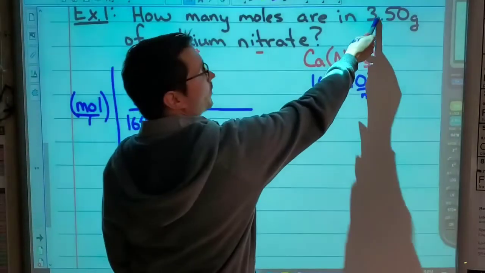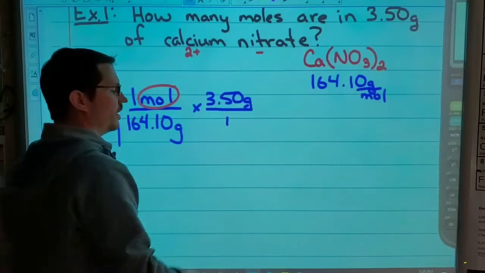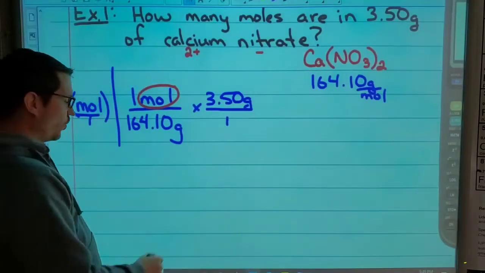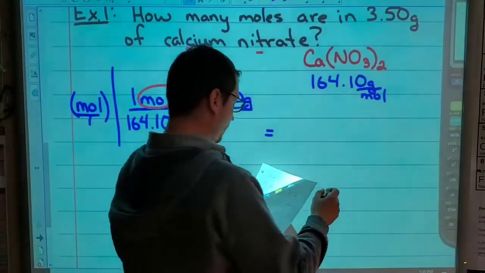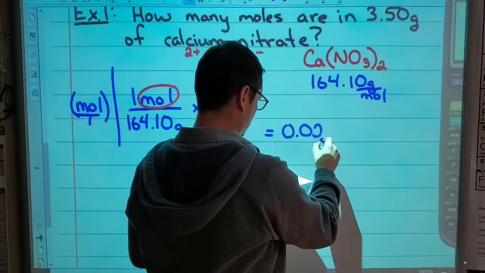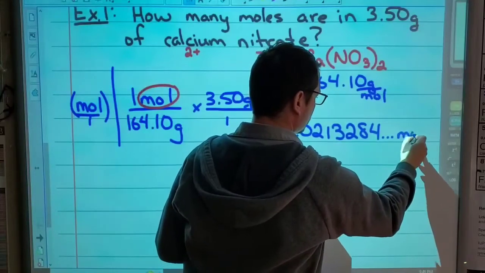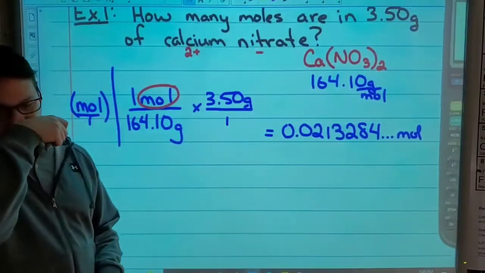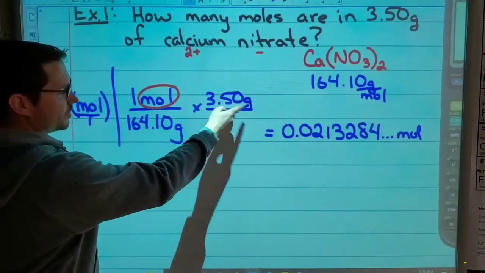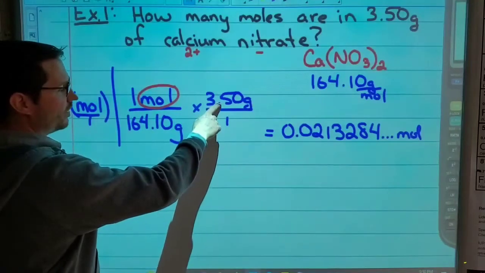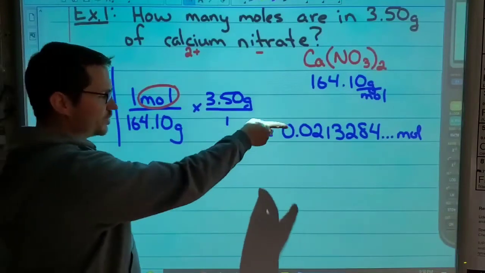We see that in the question they gave us 3.50 grams. And I can write that over 1. So when I do this calculation, I'm going to get a little bit of an awkward number. You double check that that's what you get. So on our calculator, we're going to go 1 times 3.5. We don't care about the 1. So we're just going to go 3.5 divided by 164.10. And we should get